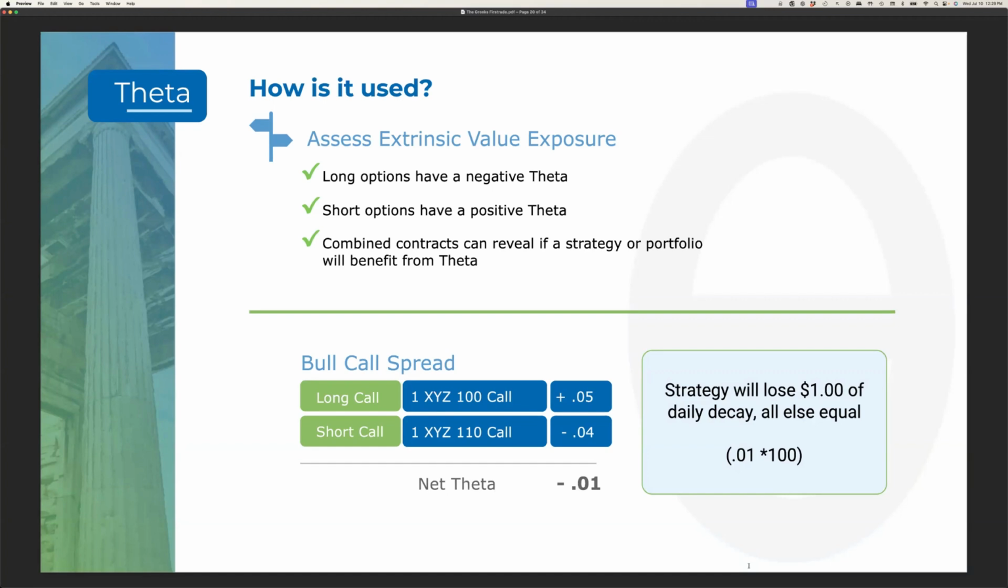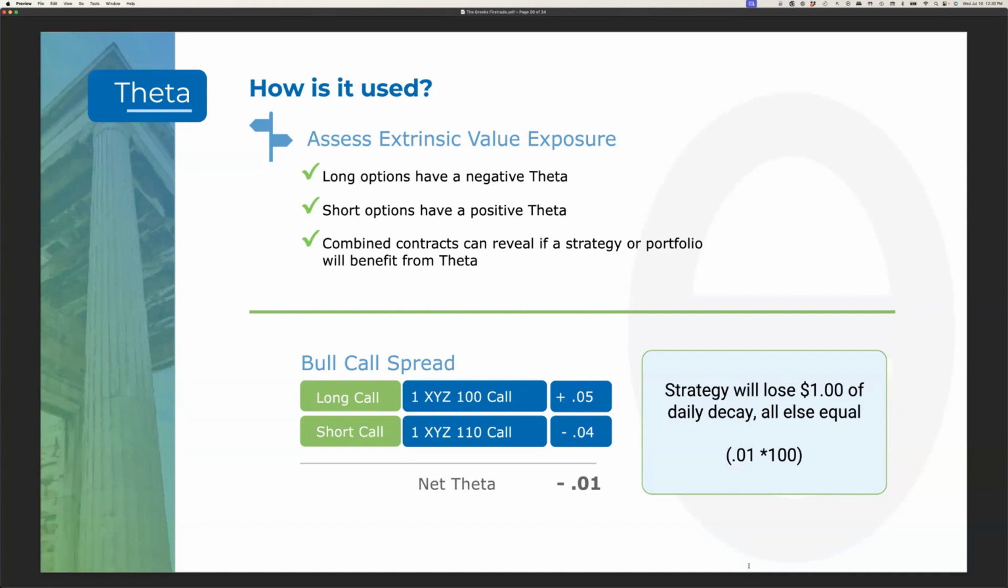So if, let's say, you have a bull call spread where you're both long a call and short a call at different strike prices, you can basically add up the thetas that you have across both legs, and that's going to tell you how much theta you actually have. In this particular case, if you have a net theta of negative 0.01, what that means is that for each day you hold on to this bull call spread, you're actually going to gain 1 cent in value each day. So negative theta,